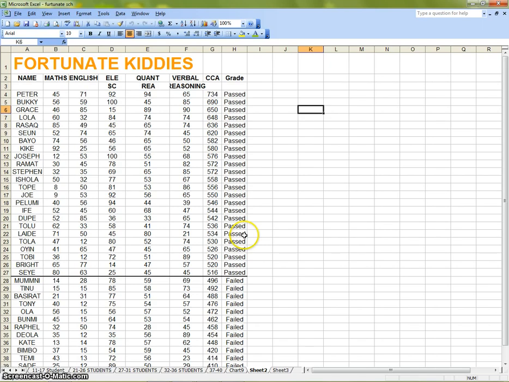Working with charts. In this video, I'm going to show you how to use your charts like column charts, bar charts, pie charts, line charts, and how to add your chart to your spreadsheet. For example, if I want to plot a chart to see how my students are doing in their subjects,